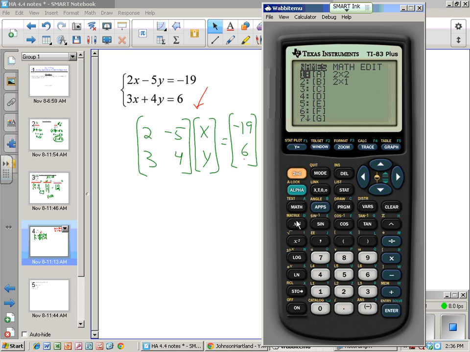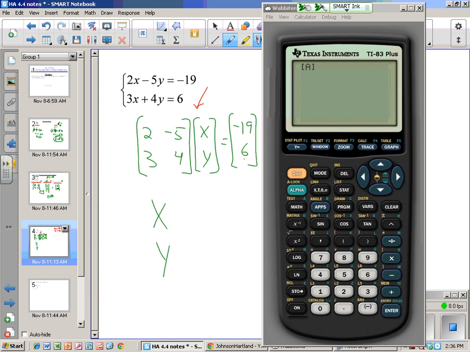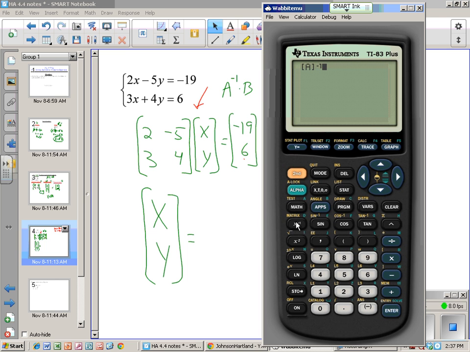Anytime you want to do something with a matrix, you go to names. To solve for matrix X, Y, the variable matrix, we are going to do A inverse times B. So we have entered in A, we have entered in B, so we need A inverse multiplied by matrix B, and we hit enter. And you notice it's in the exact same format as the XY variable. Negative 2,